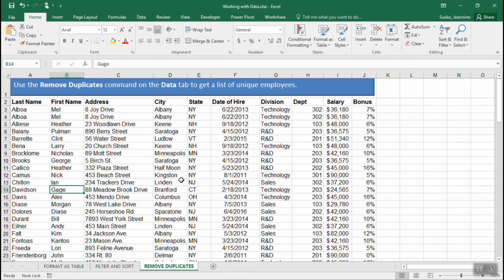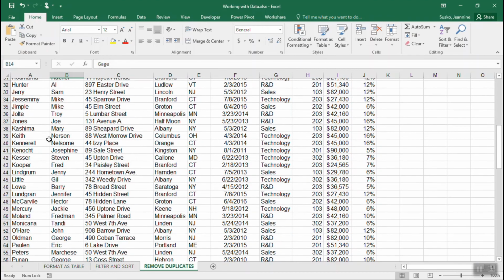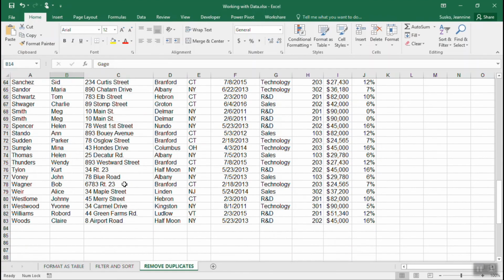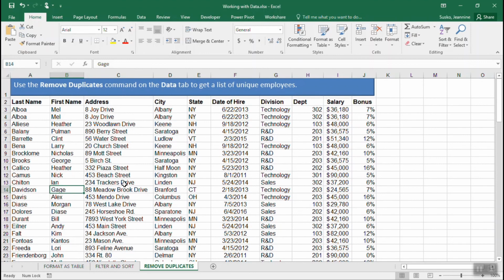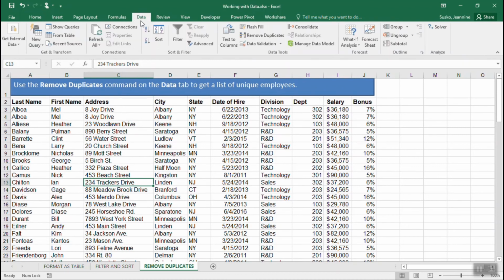So this throws off the count. This confuses data entry. So whenever you have a duplicate in your list, you are going to want to get rid of it as quickly as possible. So let's use this Remove Duplicate feature to make that happen. So again, just going to show you, we're starting in row 2. I end in row 83, and like I said, I have 3 duplicates in this list at least. So we're gonna click in the list, head over to the Data tab, and we have an option in here called Remove Duplicates. It's in the Data Tools section of that ribbon. You give it a click,